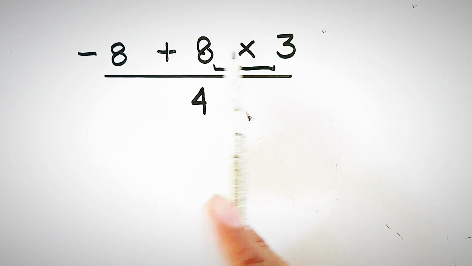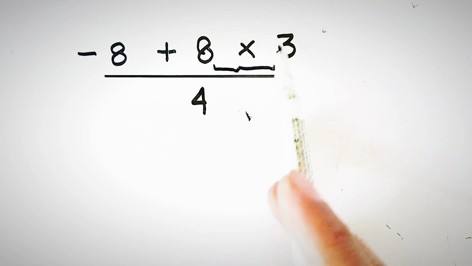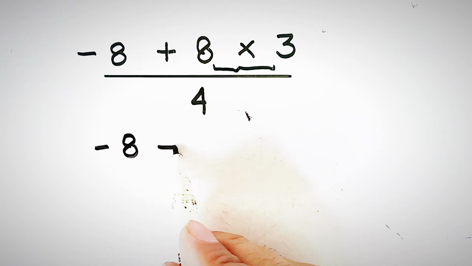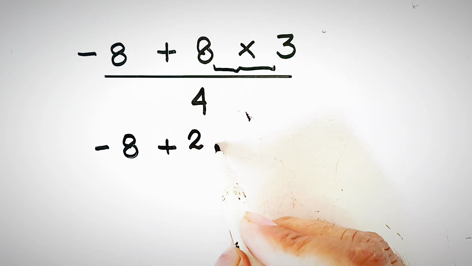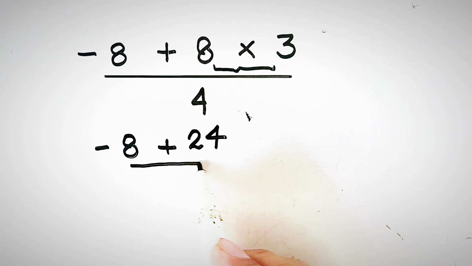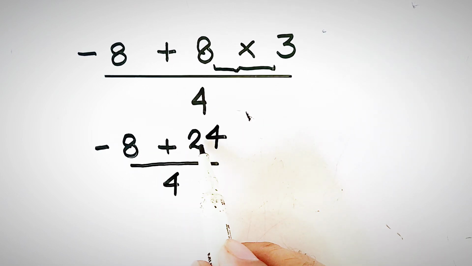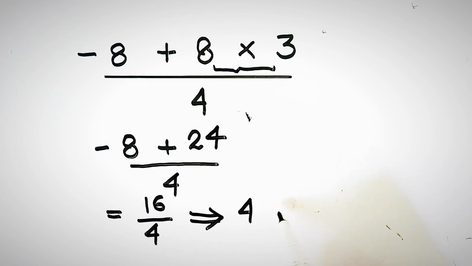Now we have addition and multiplication, so our priority is to handle multiplication first. That is the key point. So minus 8 as it is, plus 8 times 3 gives us 24, over 4. Minus 8 plus 24 gives us 16 over 4, which will be further solved to get 4, and that will